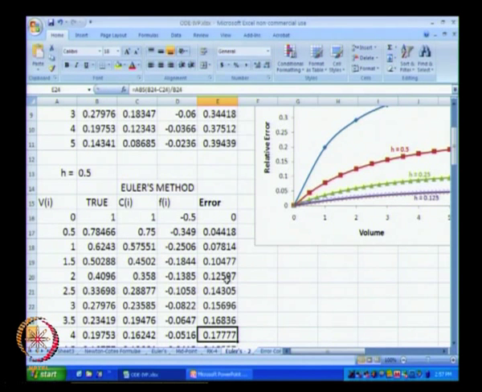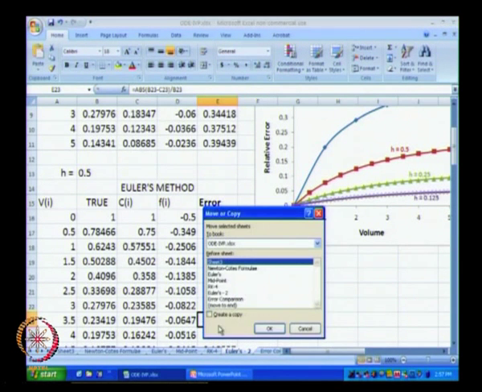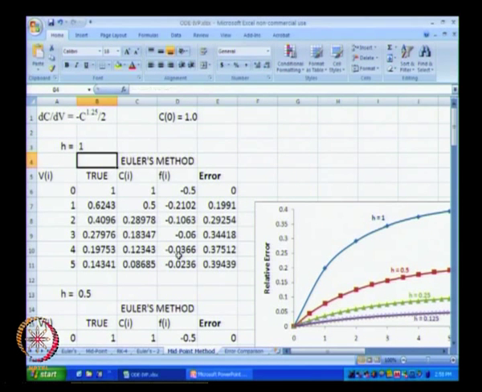Now, what I will do is try to solve this particular problem using the midpoint method. First, I will copy this particular worksheet at the end and rename it as midpoint method. Okay, and I will delete all this and we will go for the midpoint method.